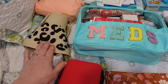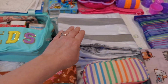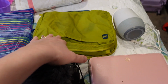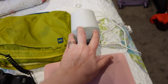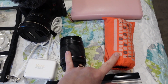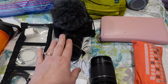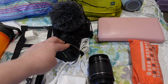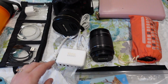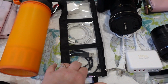So foldable beach hat, all of our medicine, inflatable bed rails, baby monitor, my toiletry kit, sound machine, jewelry which will go in my carry-on, extra lenses for the big camera, which I don't usually travel with anymore, but hoping to see some wildlife, so zoom lens, regular lens, wide angle lens, charging dock with USB and USB-Cs, charging cords,